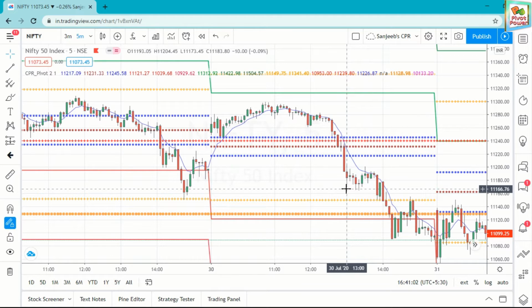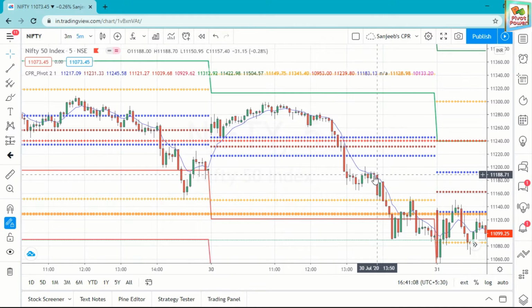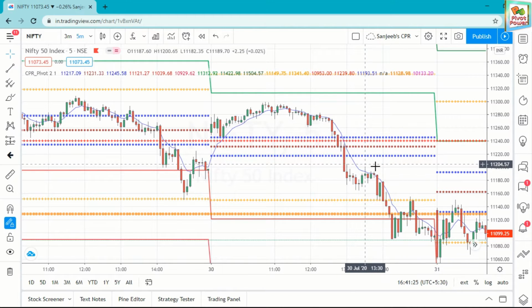Then the question is how we have to do the trailing stop loss. See, this is one candle. This also does not close above the 8 EMA. If the candle closes above the 8 EMA, then we can go for exit. But we can put the stop loss here above the 8 EMA and above this candle top, and we can wait for a few minutes, 5 minutes, 10 minutes, 20 minutes, and half an hour.